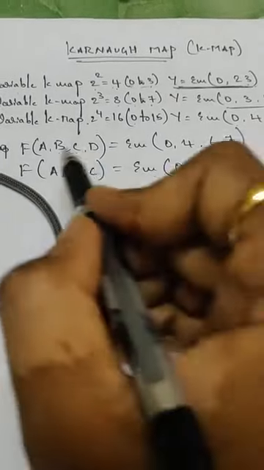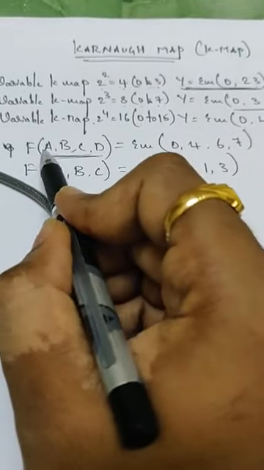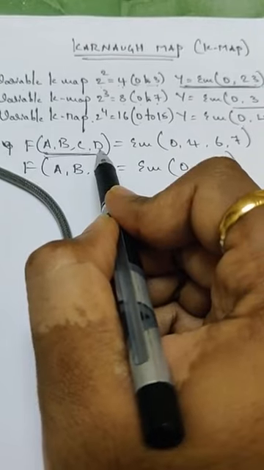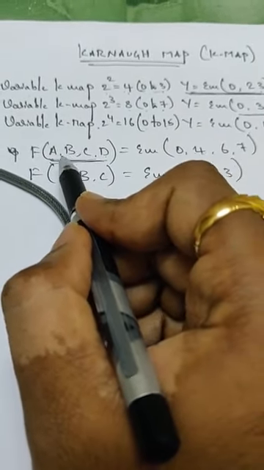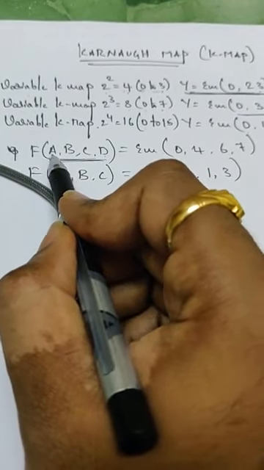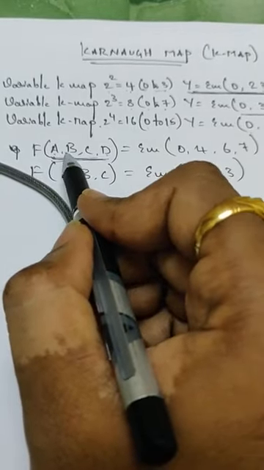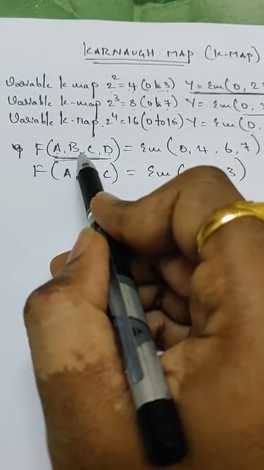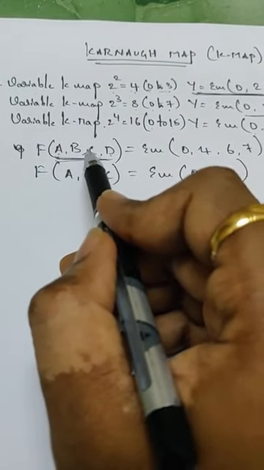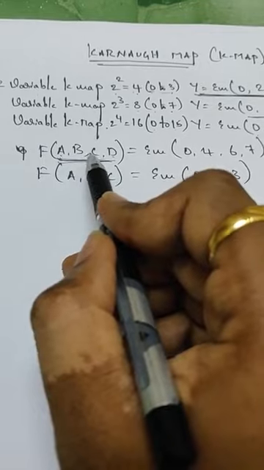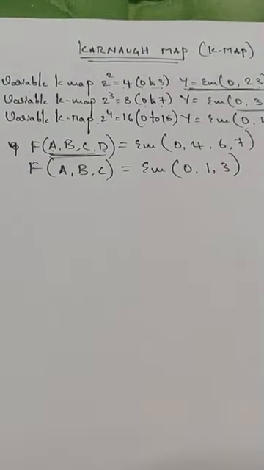But still, you can see here, how many variables are there? We have 4 variables, A, B, C, D. They explicitly gave the 4 variables A, B, C, D. When they give it explicitly like this, you understand that this is a 4 variable K-map. By default you are supposed to use a 4 variable K-map, even though the numbers within the brackets are less than 15.